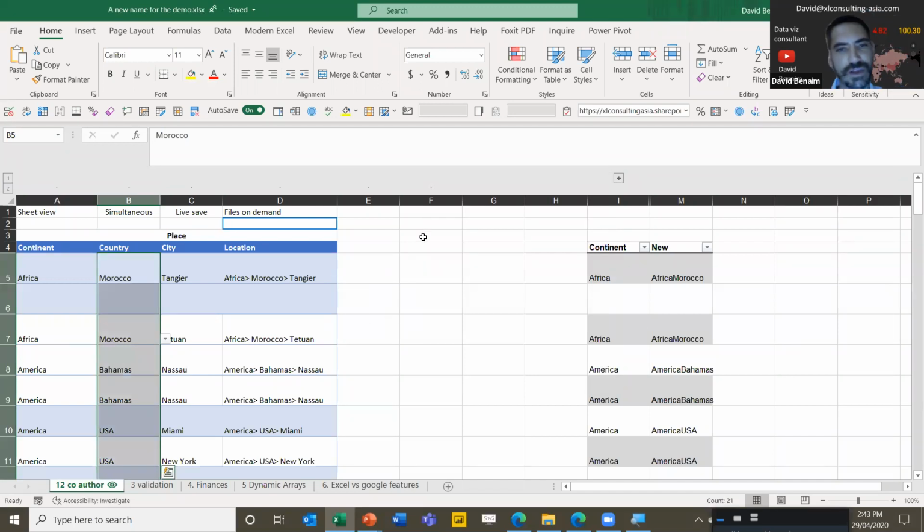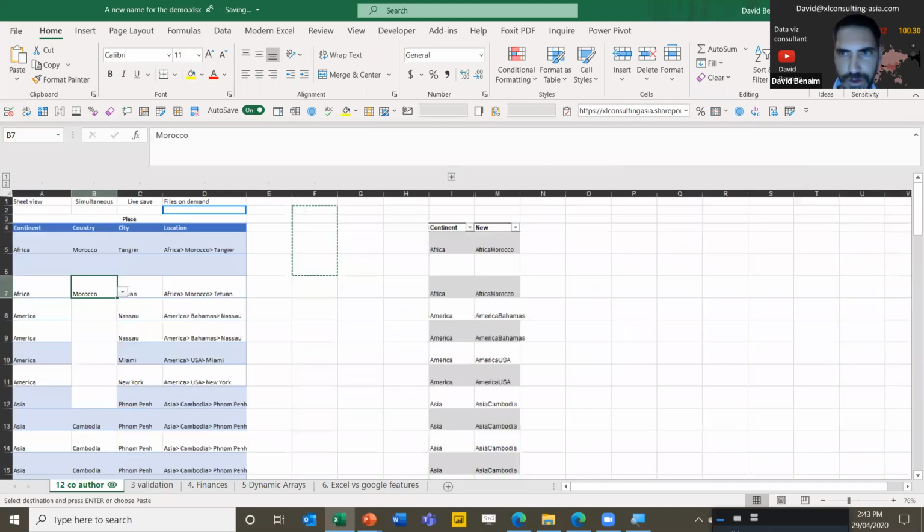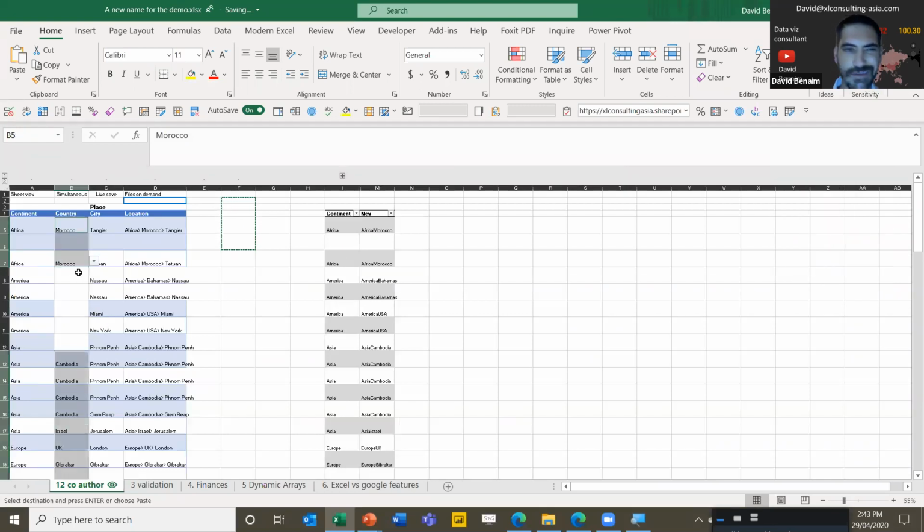That is really good for auditing because data validation easily breaks with copy and paste. And if you go to data validation here, it can very easily show you that. Google Sheets does not have that functionality, which is definitely a win for Excel.